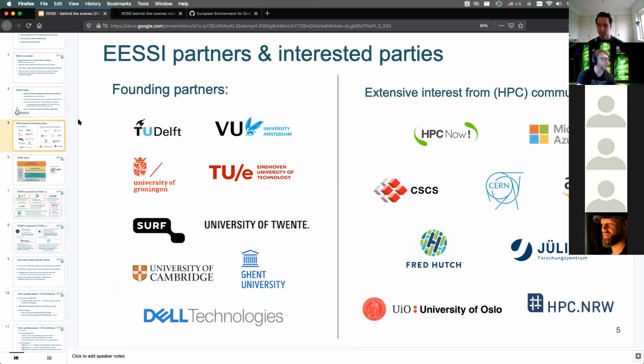The partners that are currently involved already. So on the left, there's the founding partners, which is Dutch universities together with the University of Cambridge and Dell Technologies. And they invited me in February of last year to join a meeting. The project didn't exist back then, but the project eventually grew out of that meeting, I would say, where we